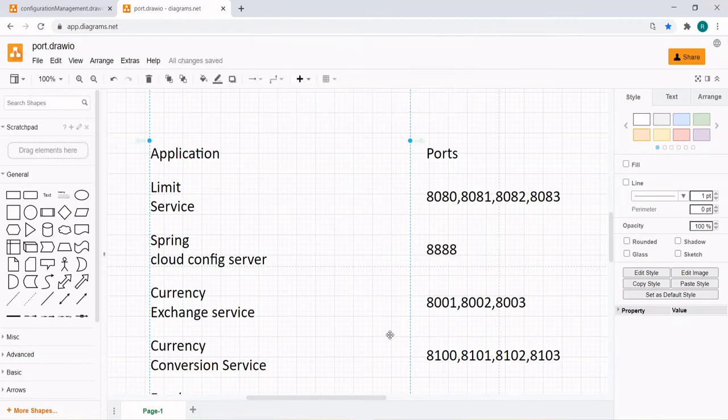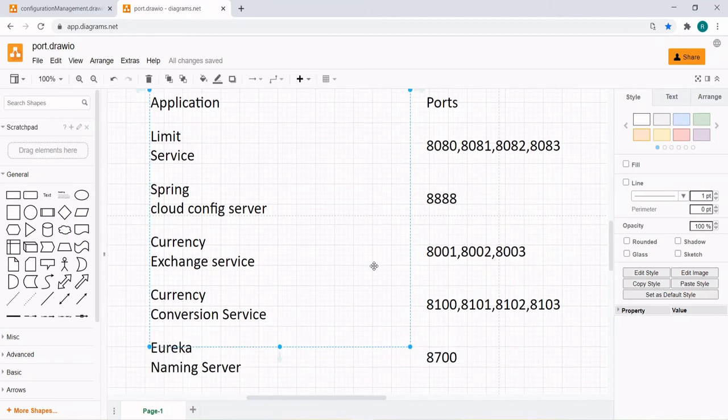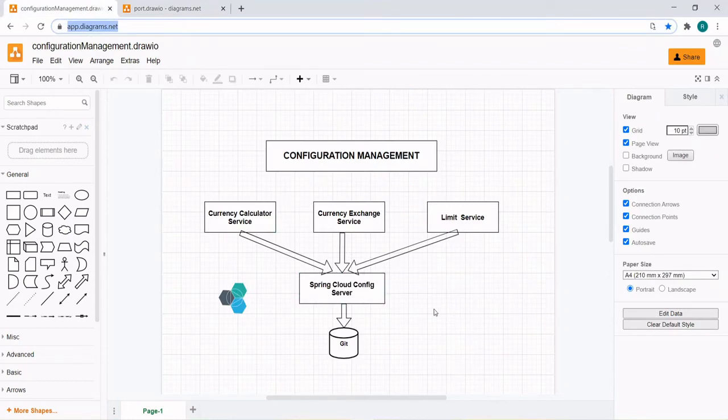So this is what we saw in the previous step, and it was very easy to manage the configuration in a centralized repository. Once you have done the configuration for one microservice, it should be a cakewalk for the rest of the microservices, because we just need to route the request from the bootstrap.properties file to the Spring Cloud config server, and create a configuration file in the repository based upon the naming conventions.